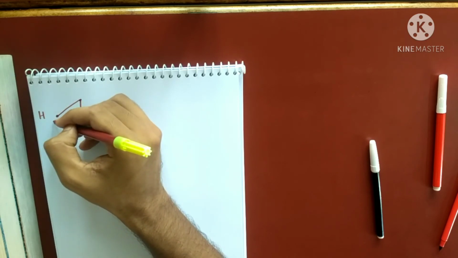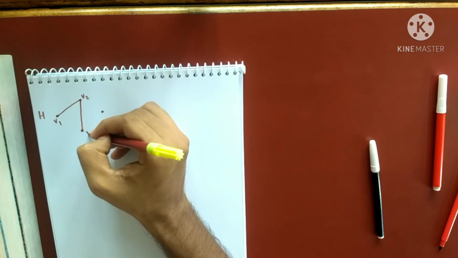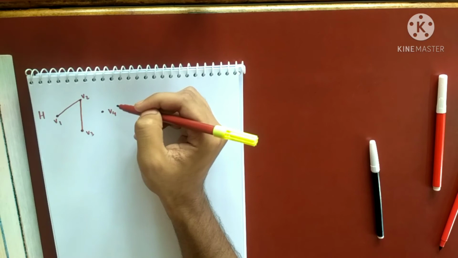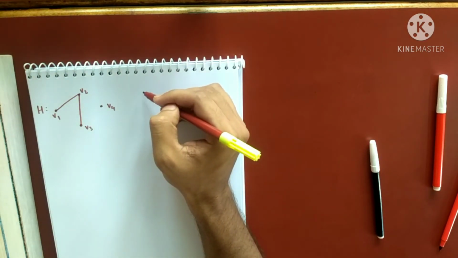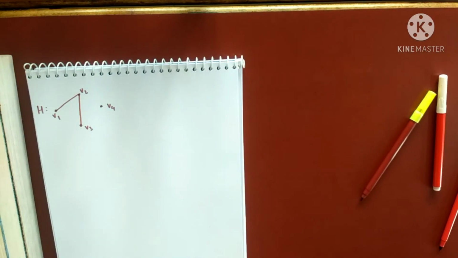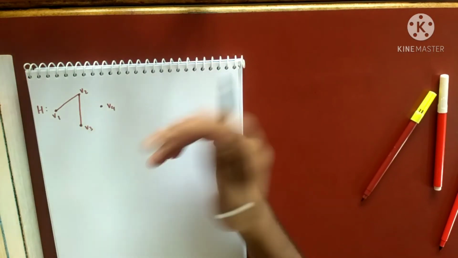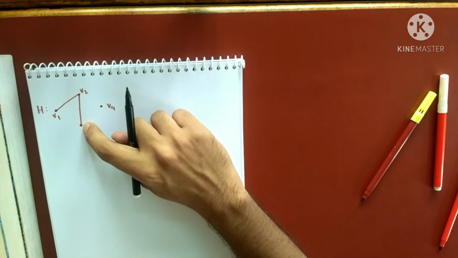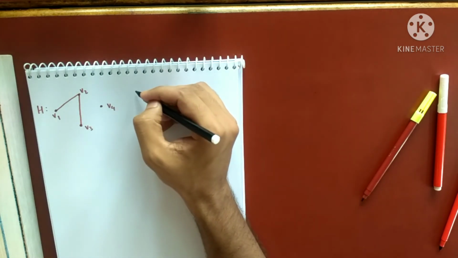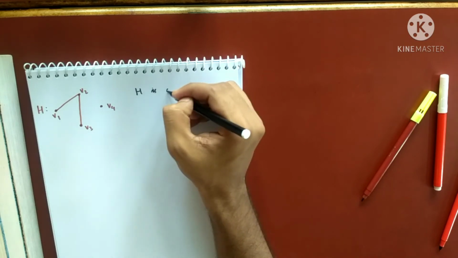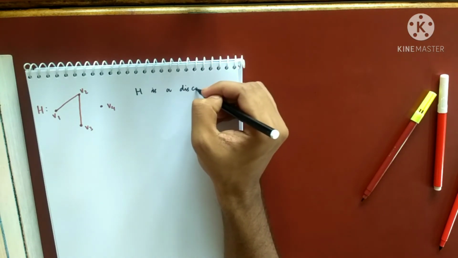This graph is H, with vertices V1, V2, V3, V4. You clearly see that H is not a connected graph. Do you know a reason why H is not a connected graph? There are many reasons. One reason can be that I cannot find a walk from V3 to V4. So H is a disconnected graph.